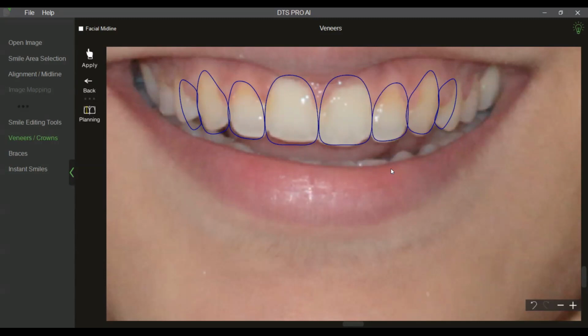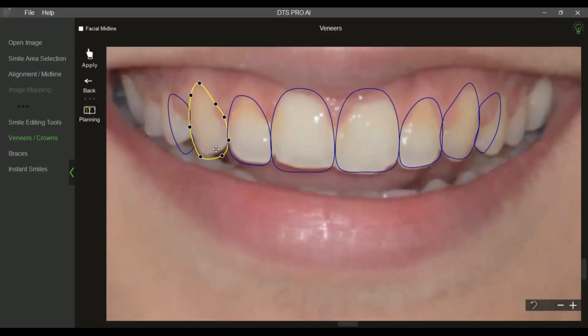So see, as far as patient motivational mock-up was concerned, we just used the instant smiles, showed it to the patient, and convinced him to get some cosmetic corrections to their smile, finished there. But now we are talking a little bit about digital planning, lab communication. So here I want to be a little more specific, because whatever I will be planning, I will be sending it to my lab to replicate it in their 3D design. So here again, now you can again control the size and shape of each and every veneer.